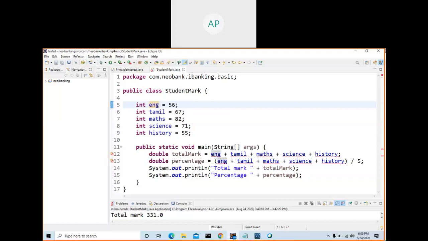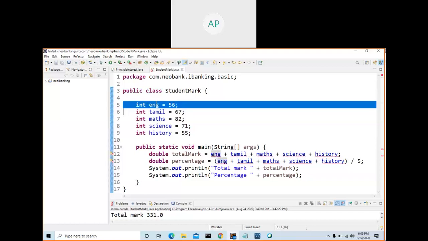So what is the use of a variable? A variable is used to hold the value. When you type first name, last name, date of birth, and mobile number in a Facebook screen and click submit, all the values will come, and inside the class you should declare variables where you will store all the values.